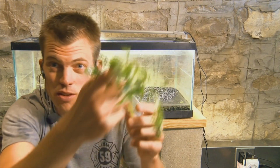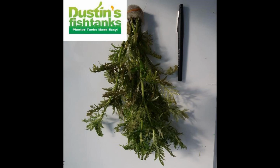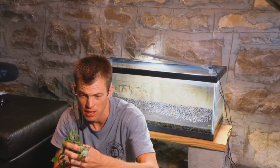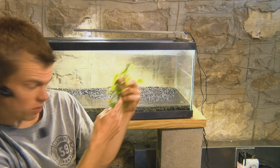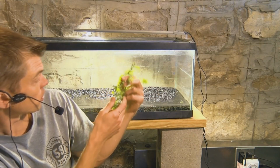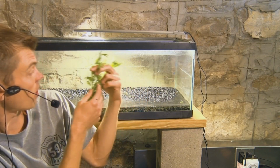is Hygrophila difformis. This is only 3 stems. I sell 6 in a bunch, but you can see how big it gets. Hygrophila difformis, aka water wisteria. Super easy to keep, grows like a weed. It will actually get too big if you had it in here, so this wisteria would get too big and bushy and kind of outgrow everything. But if you're just starting out and you want some morale boost, some self-esteem, by all means roll with some